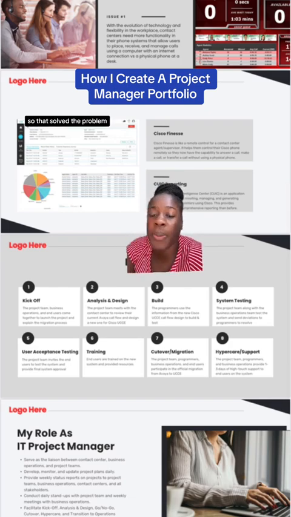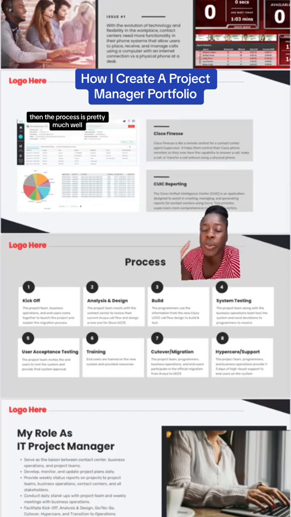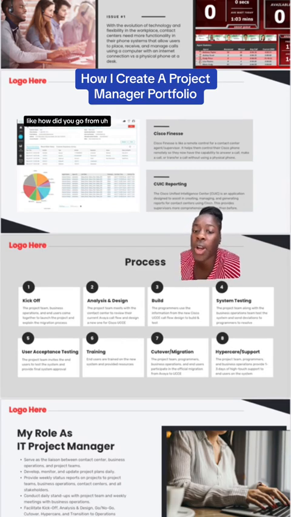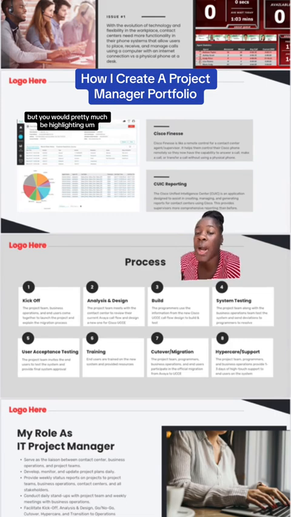So that solved the problem. Then the process is pretty much, well, how did you even do all of that? Like, how did you go from problem to solution? This is where I highlight the software development lifecycle, but you would pretty much be highlighting the process that you